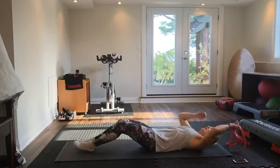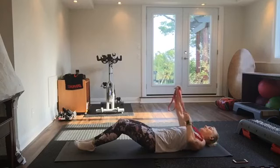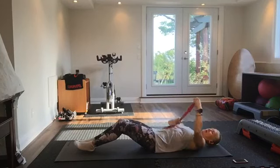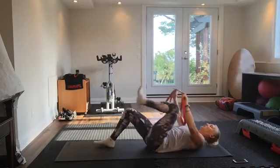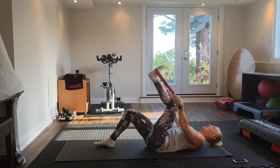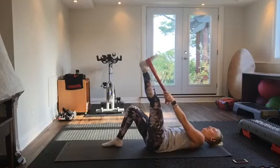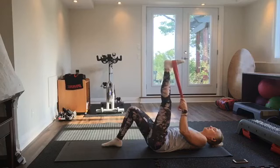I'm going to pick up my strap, but you can use a towel as well. Just a little something to help aid the stretch as we get into stretching our hamstrings. I'm going to put this towel underneath my right instep. Take a hold of it. And we're just going to gently tug the foot towards the shoulder, keeping the knees soft,